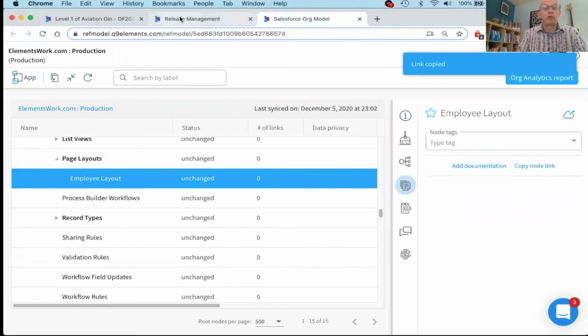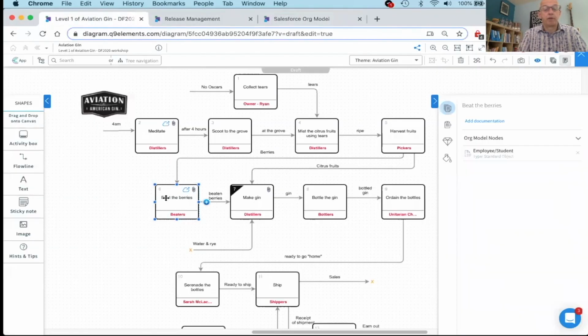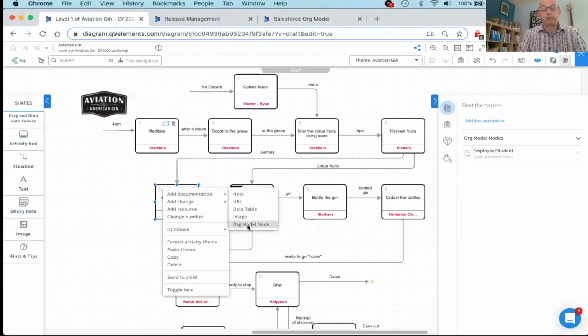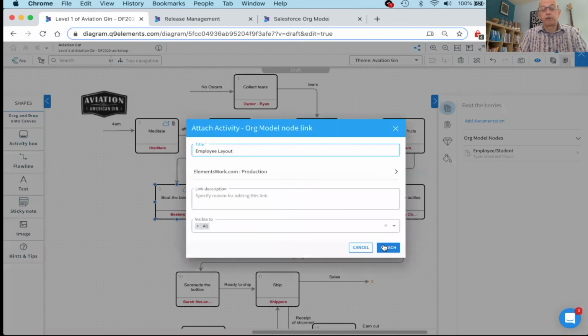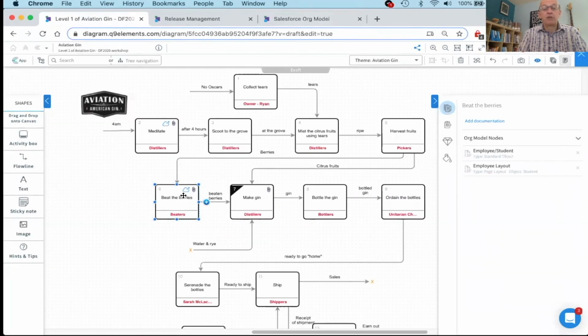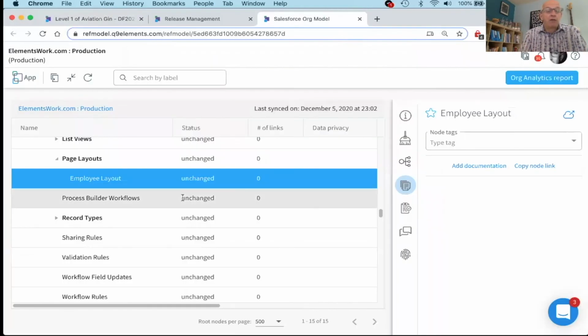Copy that. Right mouse click. So I can now see from this particular activity, beat the berries, there are particular layouts or particular objects or Apex classes or process builder workflows that are associated with that. So I'm starting to build up a picture here of exactly how we're going to implement this process. There may be some new objects. Now they don't exist in Salesforce yet, and I could go here and